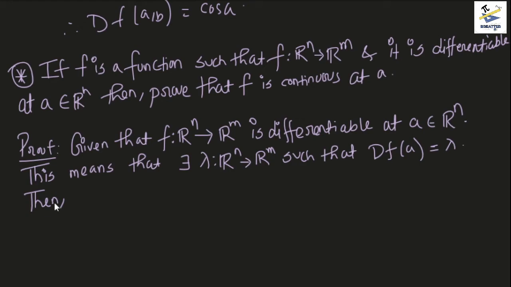So, well, differentiability at a point in higher dimension means that there exists a linear transformation lambda such that df of a becomes lambda, right? Now, this means that this lambda also satisfies the property that the derivative satisfies. So we can write down